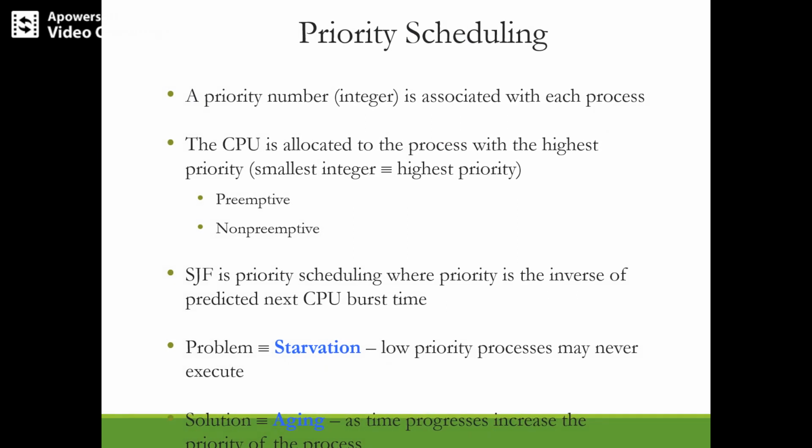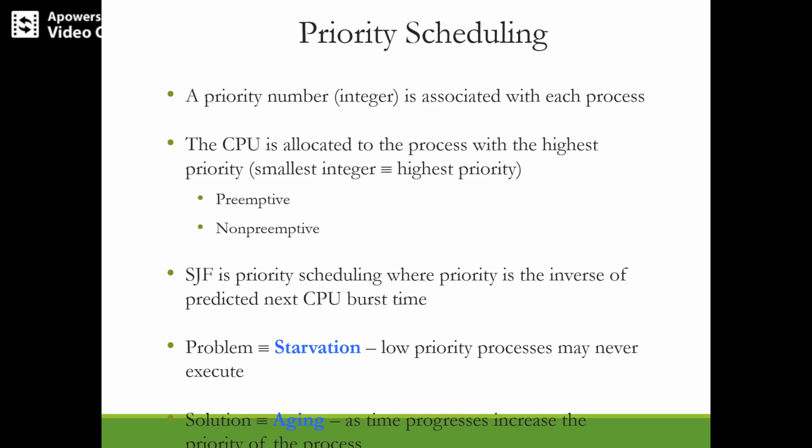So let's see another scheduling algorithm, that is priority scheduling. What is priority scheduling? It is a kind of preemptive algorithm, because it preempts based on the priority, right? There will be a certain priority number given to a process, and the CPU is allocated to the process with the highest priority. If equal priority processes are there, the order in which they are scheduled is FCFS order.